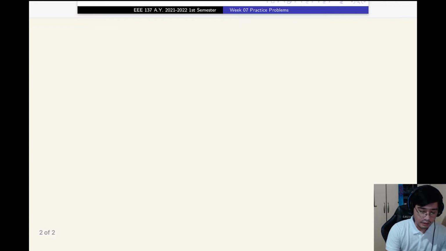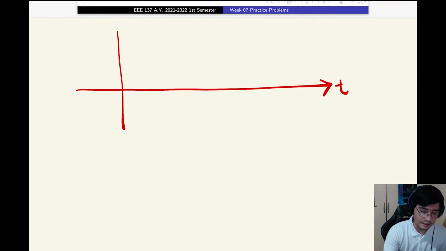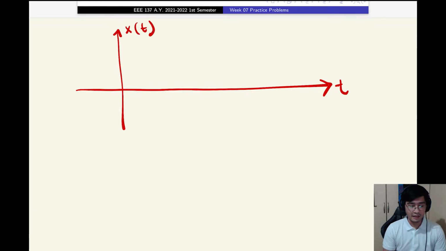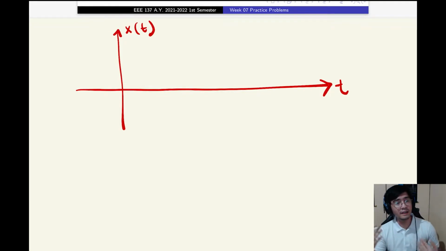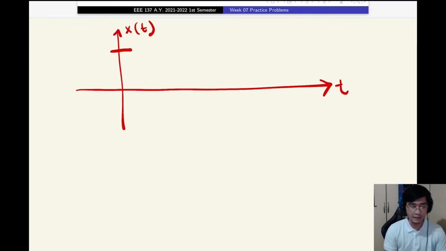So this is time and this is our realization of the random process. So the initial condition once again can be positive 1 or negative 1 with equal probability. So for example, we start at positive 1 and then there are certain polarity changes for each occurrence of a Poisson process. So Poisson process will be discussed in the following week. Okay, but just think about